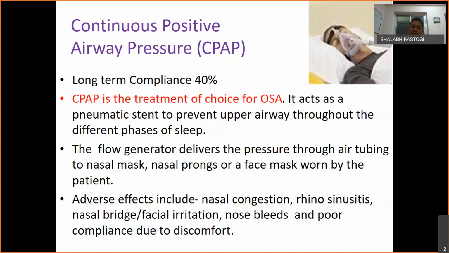What are the adverse effects of this CPAP? The various adverse effects are nasal congestion, rhinosinusitis, nasal irritation, nosebleed, and poor compliance due to discomfort. It's very cumbersome for the patient to carry the CPAP machine wherever he wants to go. So till the time he uses CPAP, he is okay with sleep. But the moment he takes off the CPAP,